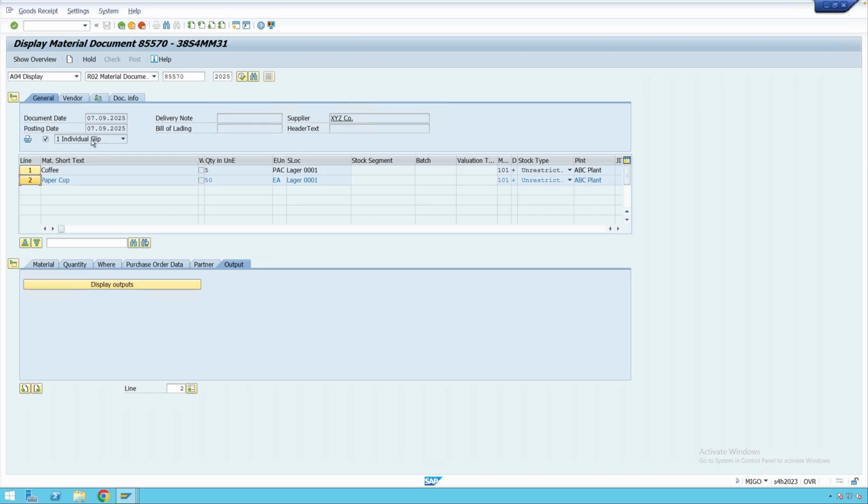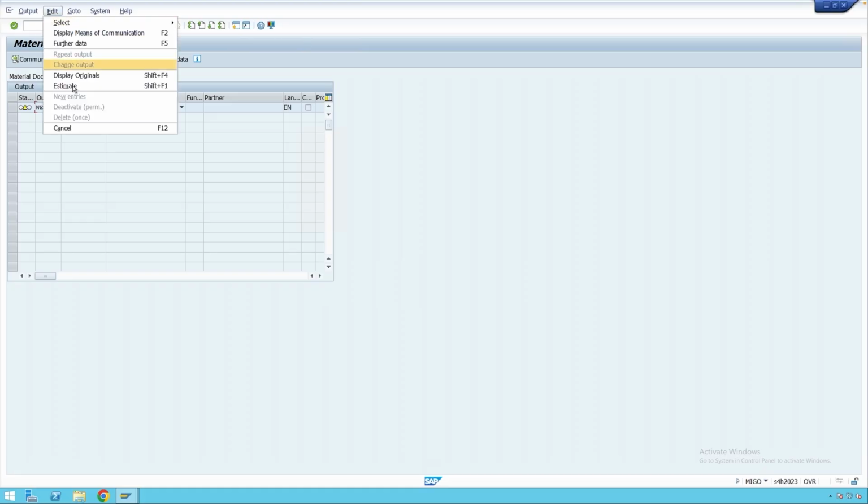So if you select this individual slip or individual slip with inspection text, system will always generate output for each line item individually. So if you have multiple items in your material document, then system will generate output for each line item. If you go to item, click on display output, and if you go to the estimate, you can